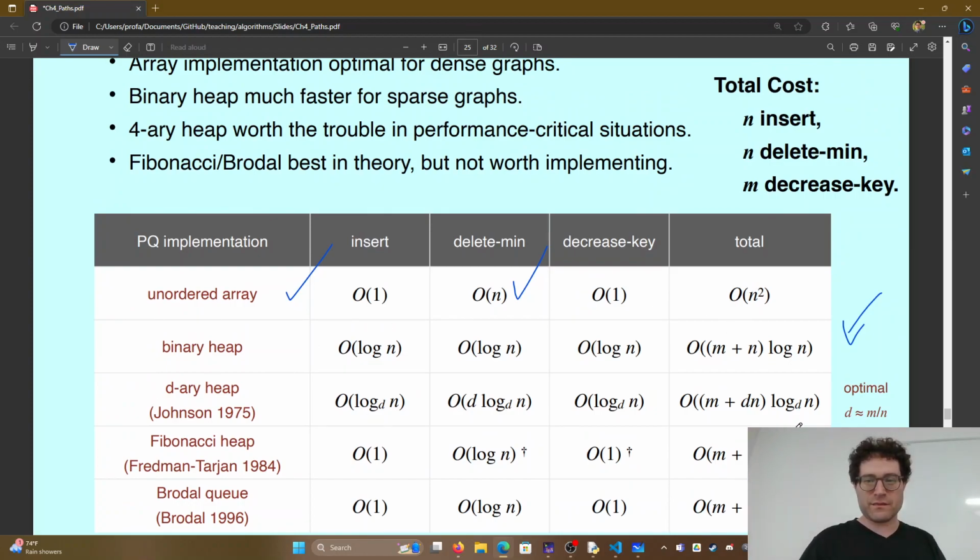D-ary heap, right? So what is a D-ary heap? Well, binary is base 2. If you use like a base 4 heap, you can get that log even smaller. But even better, if you use a Fibonacci heap,